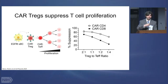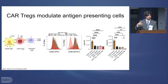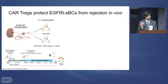So we took blood monocytes and made them into dendritic cells, and then we show that the CAR Tregs are decreasing CD80 and CD86 on the surface of dendritic cells. All in vitro, so we're ready to go. So now, the in vivo experiment is you take the mouse, kidney capsule transplant, and then you do the immune challenge